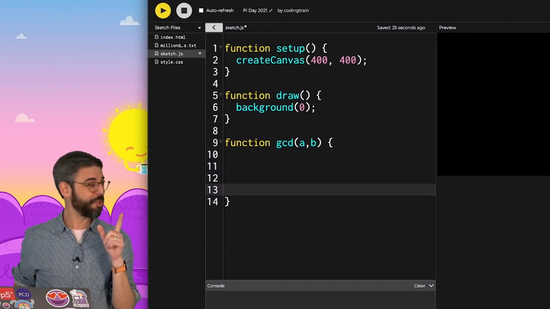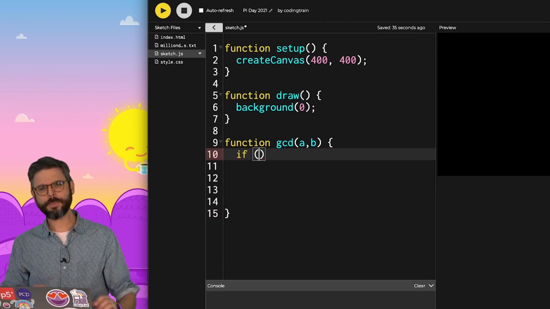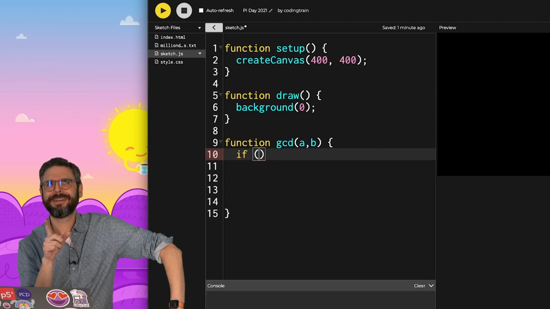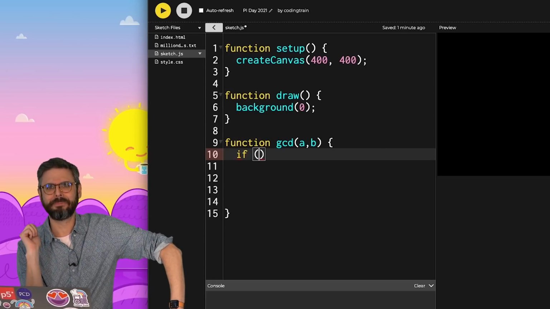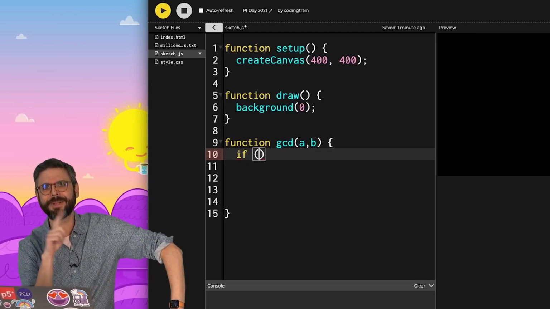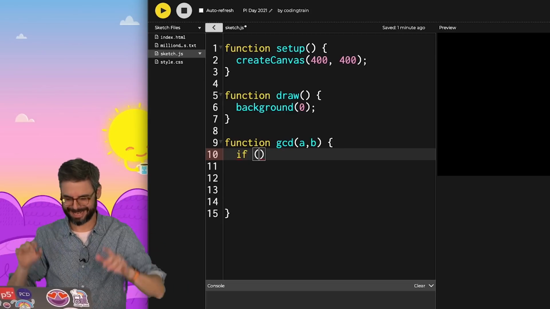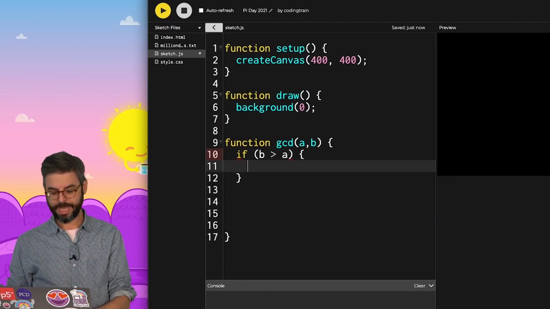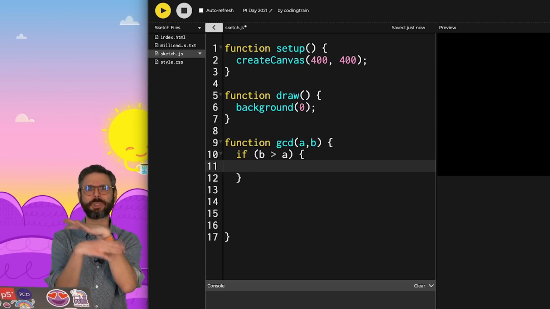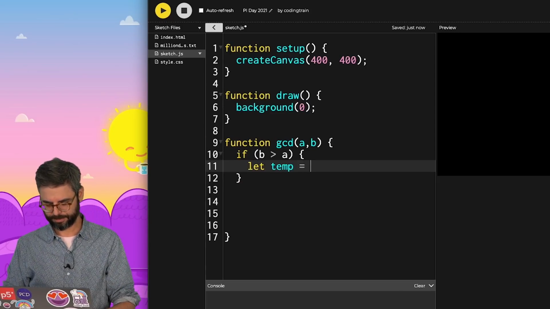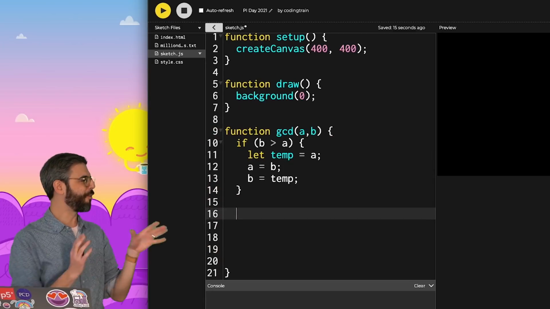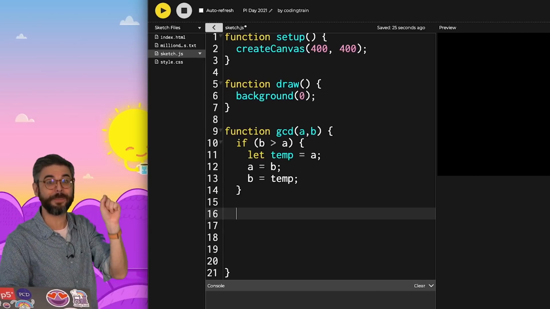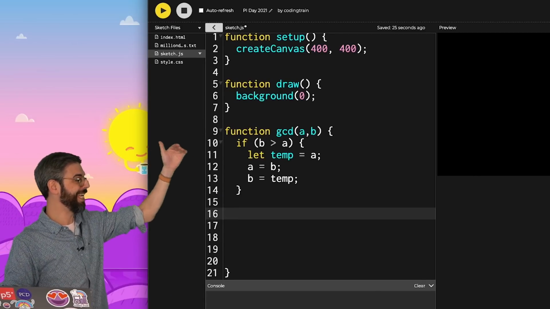The first thing that I want to do is figure out which is the bigger number. By the way, if the numbers are the same, they're not coprime, because a modulo a would be 0, and then the greatest common divisor would be itself. OK, got that. So first I just need to determine, is b greater than a? If b is greater than a, I just want to swap those numbers. I look forward to all your suggestions about how to handle this more elegantly, but this now is keeping both numbers, always guaranteeing that a is greater than b.